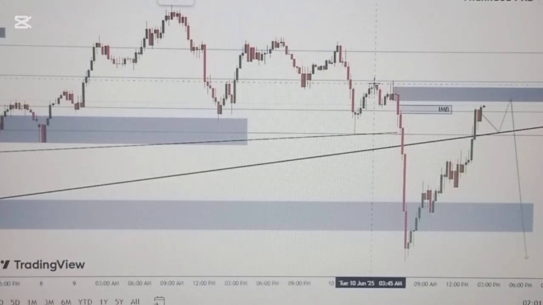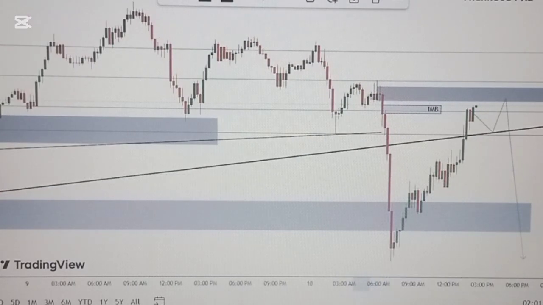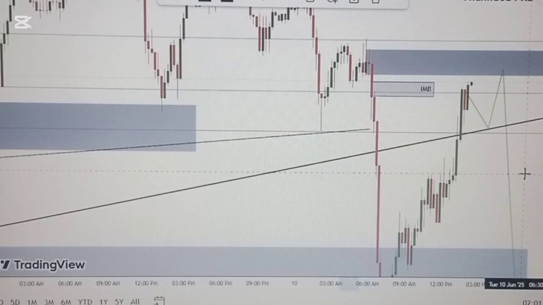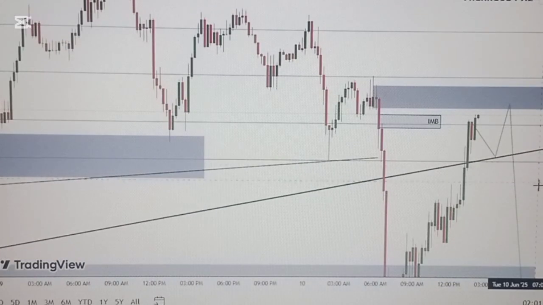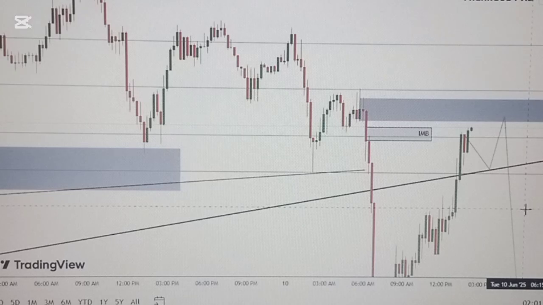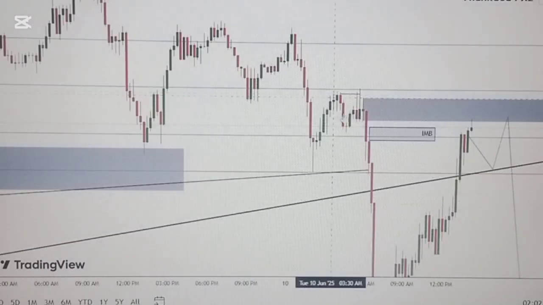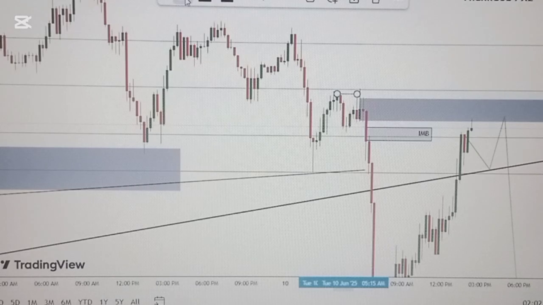a liquidity here. So this is what we want to see all the time, where the market cleared the supply, cleared a liquidity, either a supply or a demand. That's what we want to see. It should clear liquidity first before we can get into the market, right? So you can see that this supply here has a liquidity that they have cleared already, and also the supply